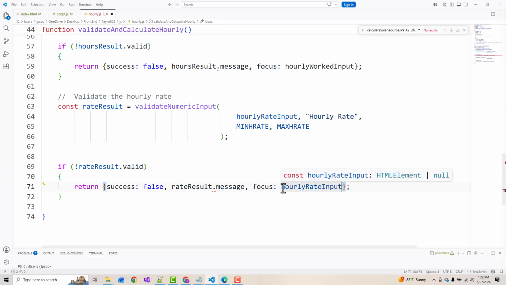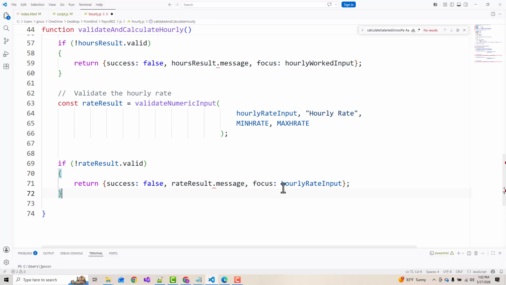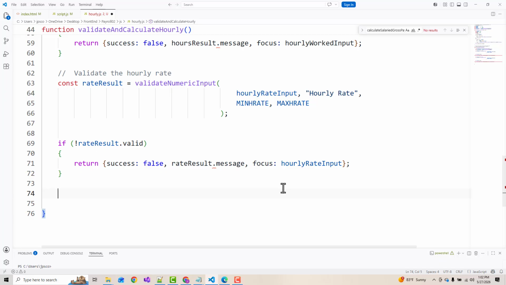All right, so we've checked both fields now. If it makes it down here, if we get this far,